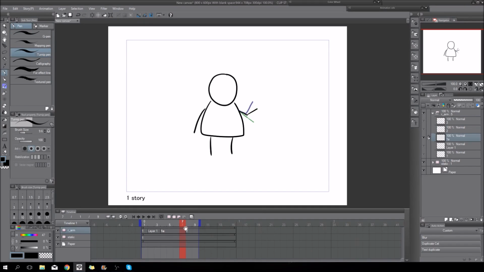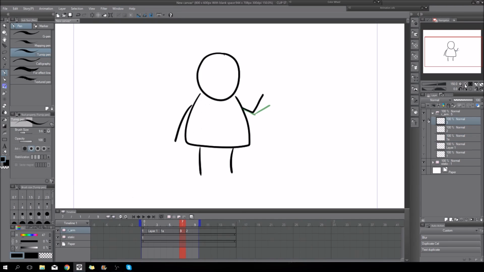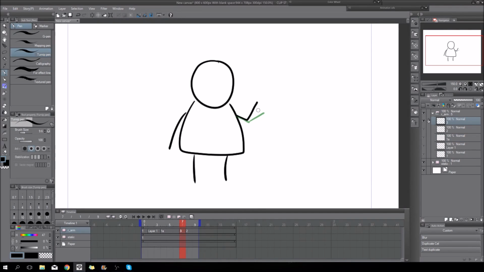So now this is called layer 3. I go one frame back, right click on it, and here I have all my current layers from which I want to select the number 3. And here, as you can see, they are exactly the same. Here I can erase what I want to move and leave things there which I don't want to move.